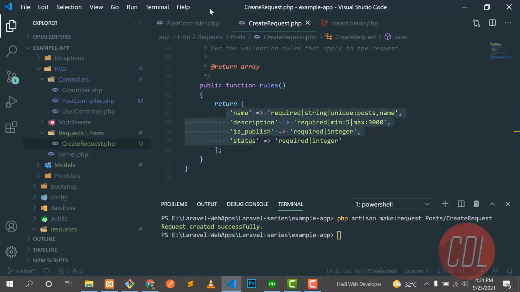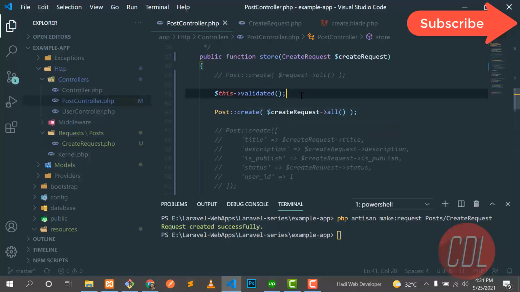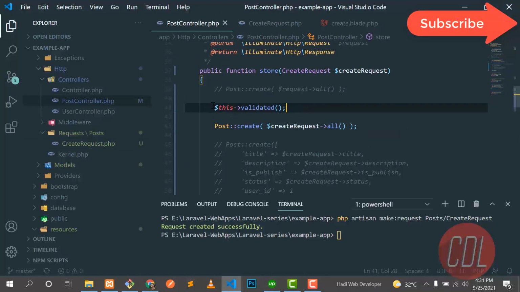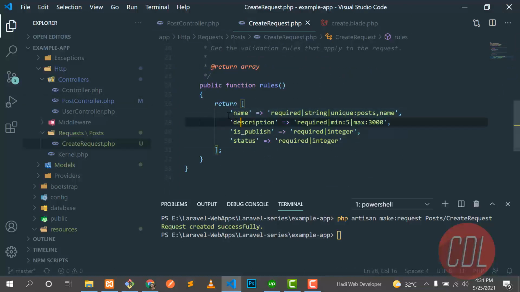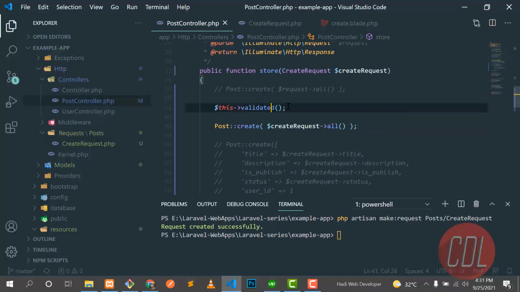So this is the best security system: it first checks which validations are present, and then it validates and accepts only those validations which are implemented there. That is the beauty of Laravel.